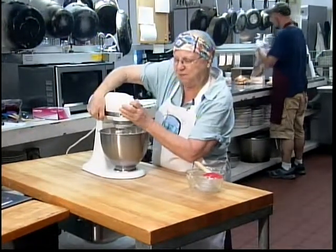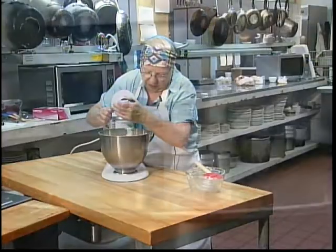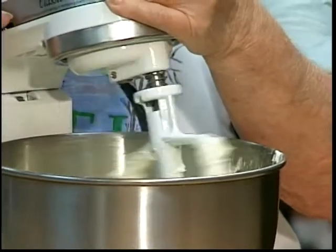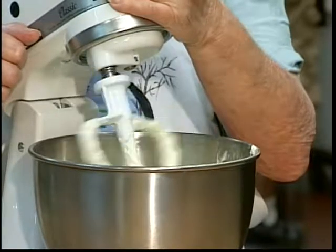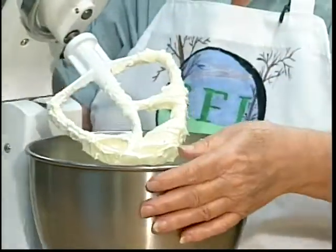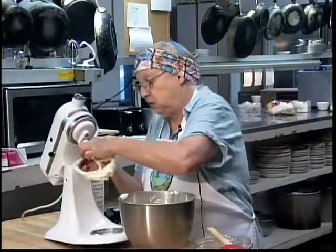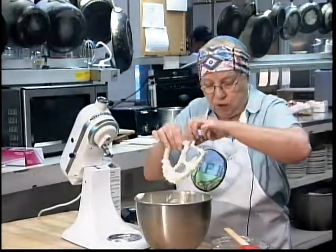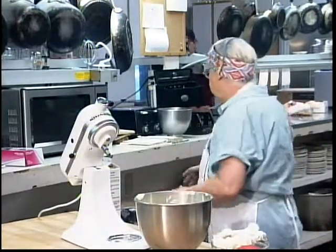All right, we have this very creamy. All right, I'm going to slowly pull this up to get everything off of the beater. We're just going to take this bowl out, change the beaters, and we're going to whip some heavy cream. So far, guys, you have 24 ounces of cream cheese. You have 3/4 cup of sugar, 2 teaspoons of lemon juice,